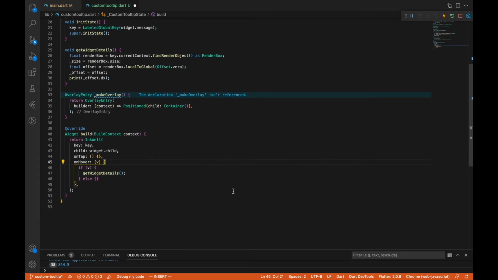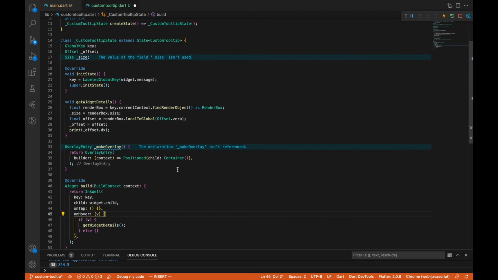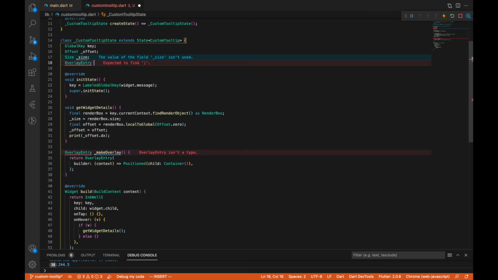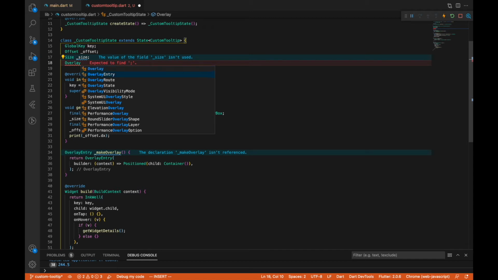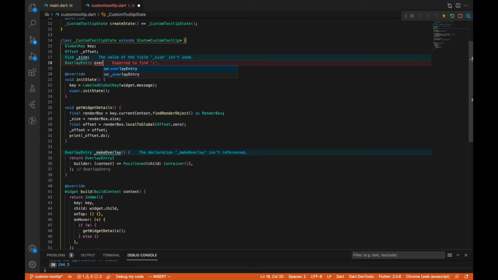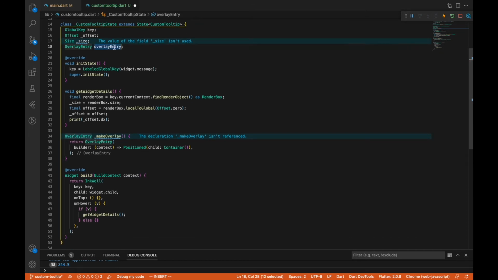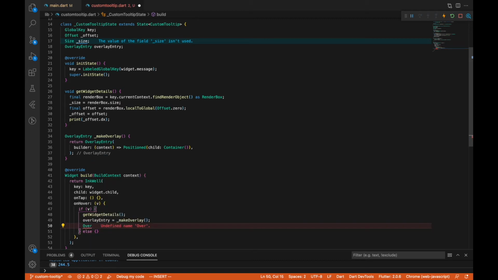What we're going to do next is create a new overlay object up here. I'm going to call it overlay entry, call it overlay, and we're going to create that here, overlay entry, and we're going to create that make. I'm going to pass that make overlay,